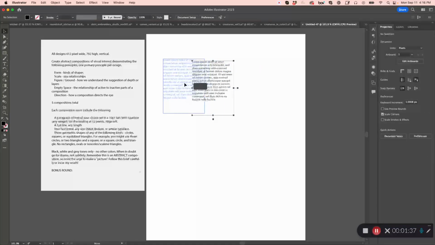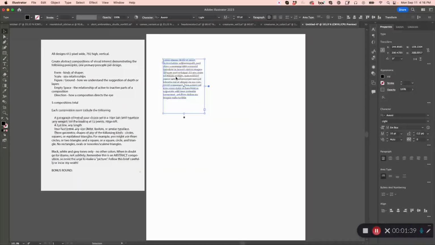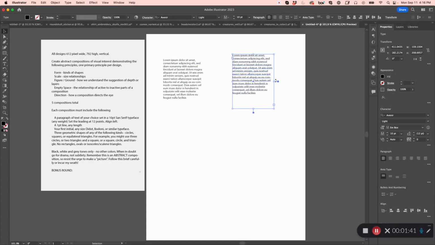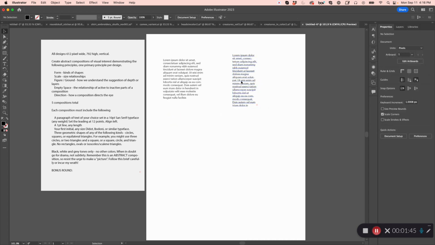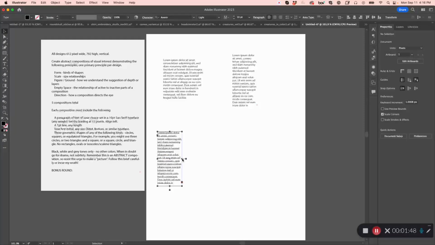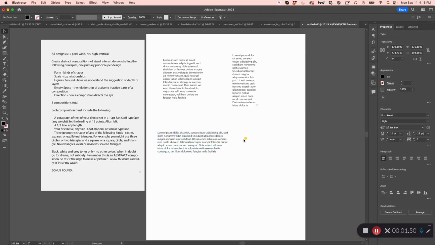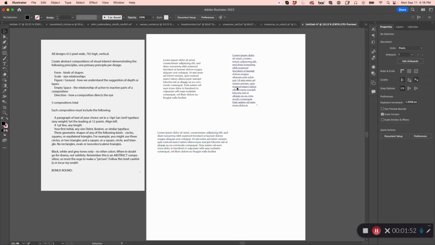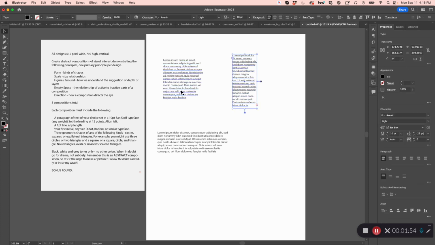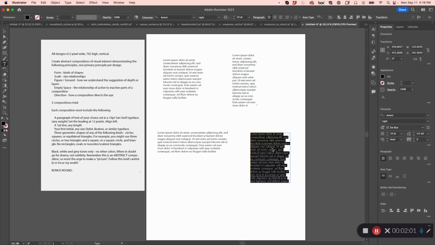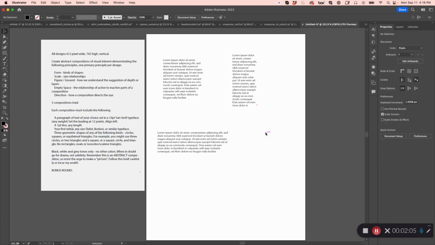So your paragraphs can be different shapes if you want. You could do something that's a little more narrow. You could do something that's a little more wide. It's up to you. And you'll notice that when you're adjusting text inside of a text box, it doesn't change the shape of the letter. So that's the difference between drawing the box first and having the text fill into it. Okay. So at this point, we have our text in the right typeface. We have it in the right